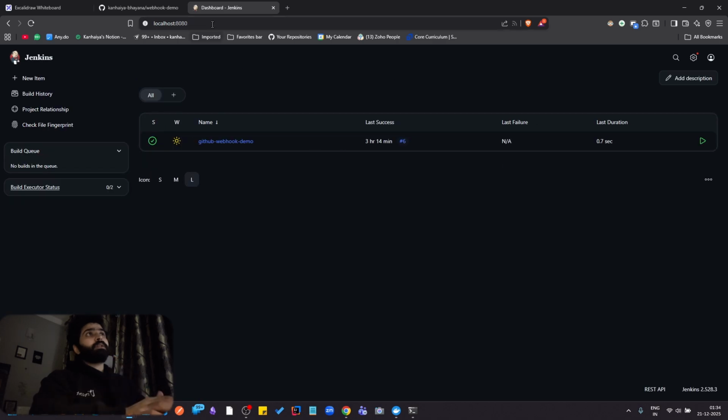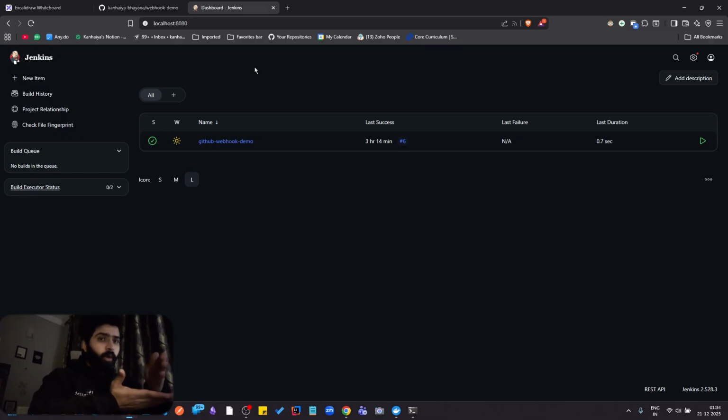As you can see, Jenkins is running on my localhost port 8080, but for working with the webhook I need a valid URL that I can ping, and from GitHub I cannot ping my